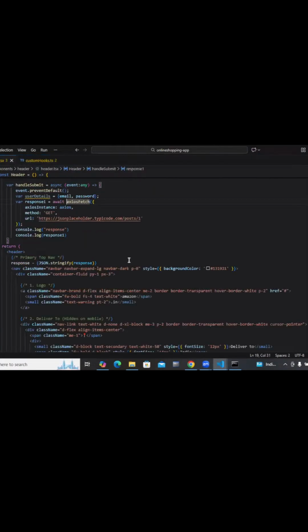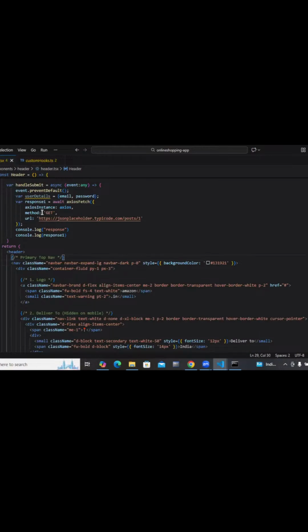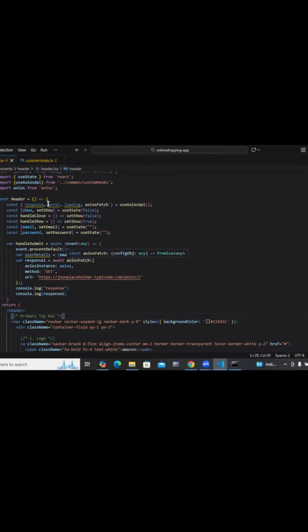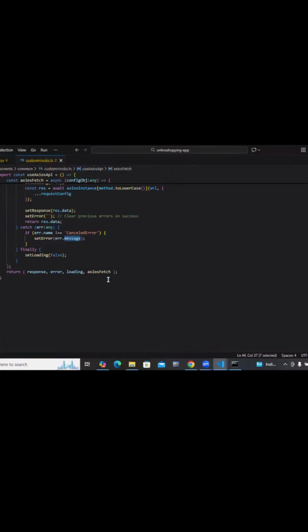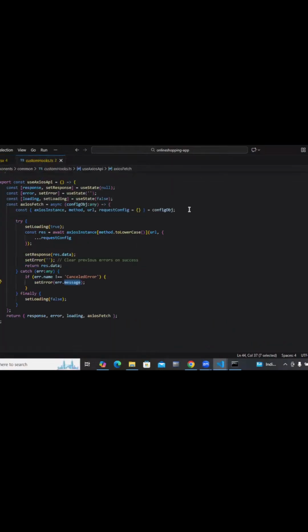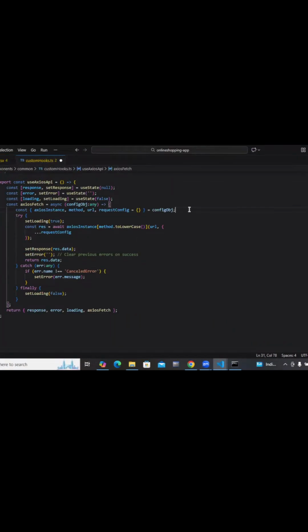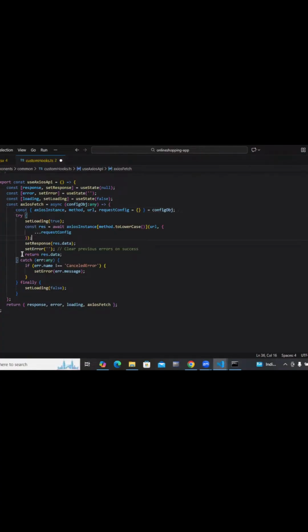Okay. Yeah, let's go into this code. Here, what we are doing is using Axios API and we are just calling this guy. That's it. Okay. So any questions over here under this custom hook? One thing we were missing is we were not returning this data from this.